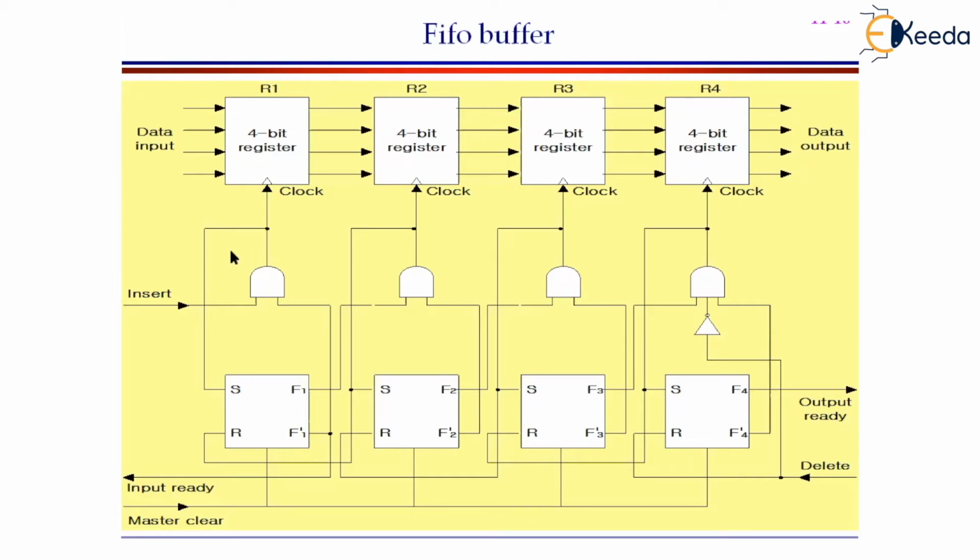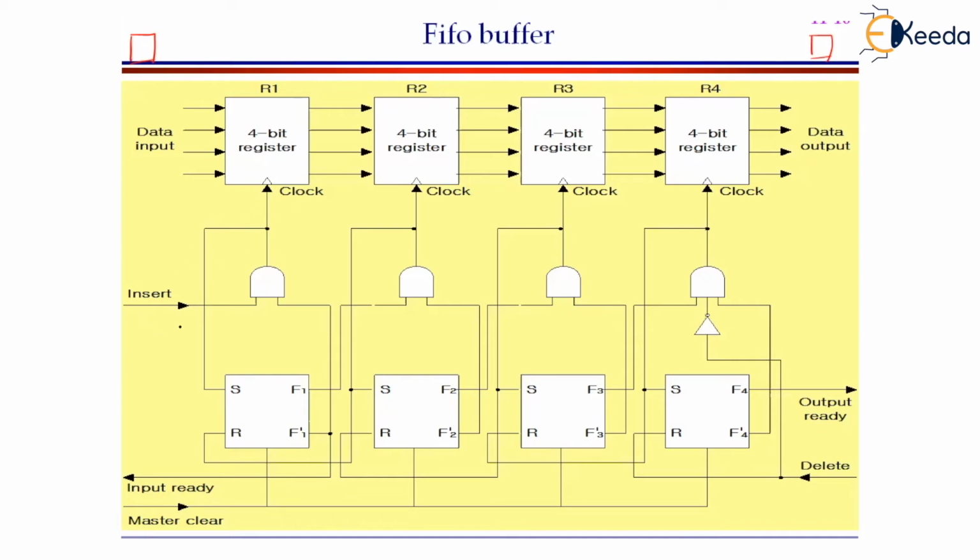Let us say that the CPU wants to make a transfer. Initially, we need to think that here I do have a CPU, and at this side, I do have a peripheral device. Now, let us say the CPU wants to make a transfer. You know that all the words will get accumulated into the FIFO buffer initially. What is going to exactly happen? The moment the CPU wants to make a transfer into the FIFO buffer, it will enable this insert line initially. That is, a word is going to be inserted in this FIFO buffer.